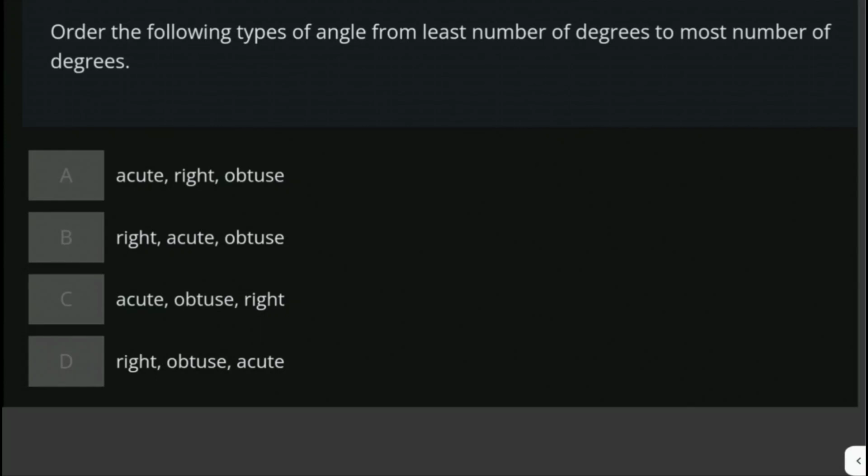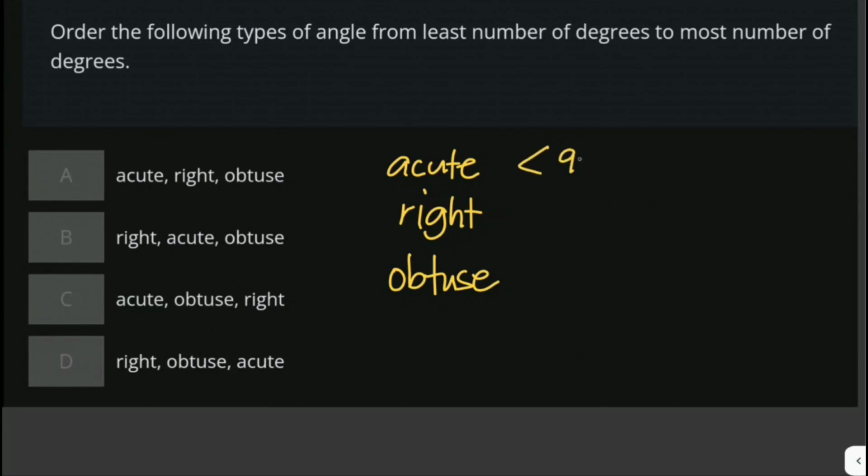Order the following types of angle from least number of degrees to most number of degrees. So from our choices here, we have acute, right, and obtuse angle. Okay, acute angles measure less than 90 degrees. Right angle, exactly 90 degrees, while obtuse is between 90 degrees